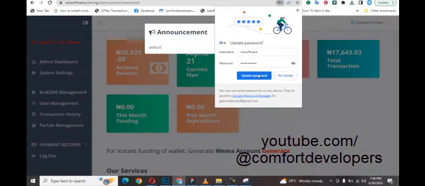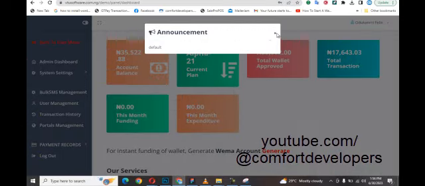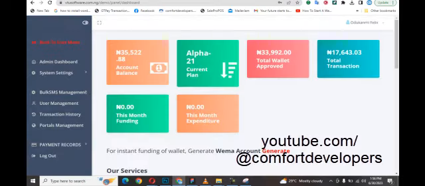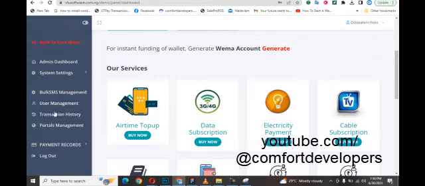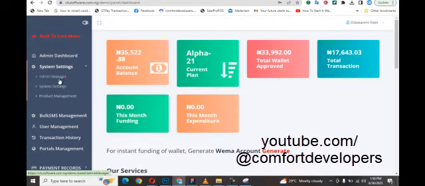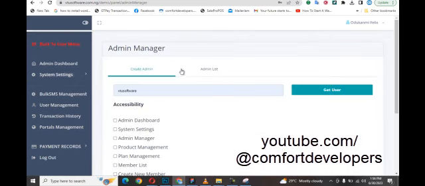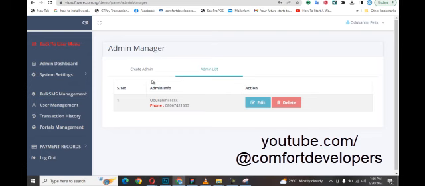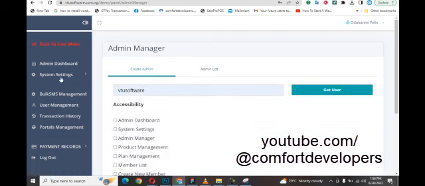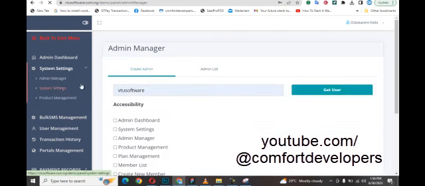under this place. Immediately you do that, the menu you have at the site here will change. So you can go to the setting where you can create more users. Okay, this is the only admin. You can create another admin, or you can go to system settings. Under the